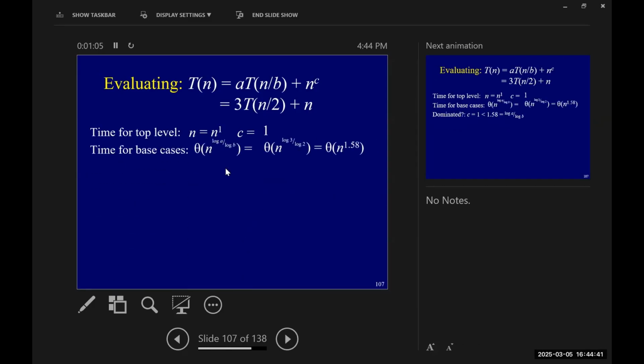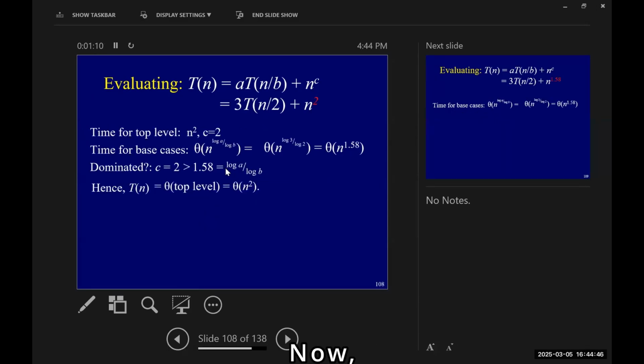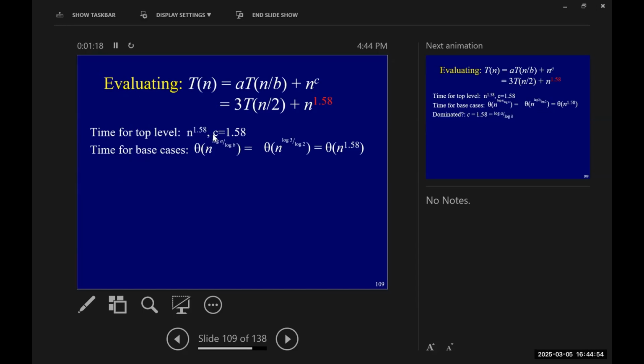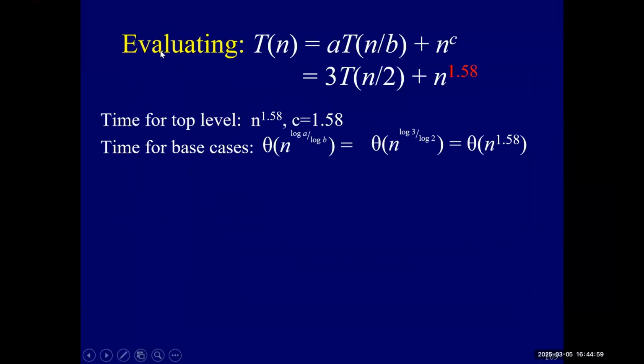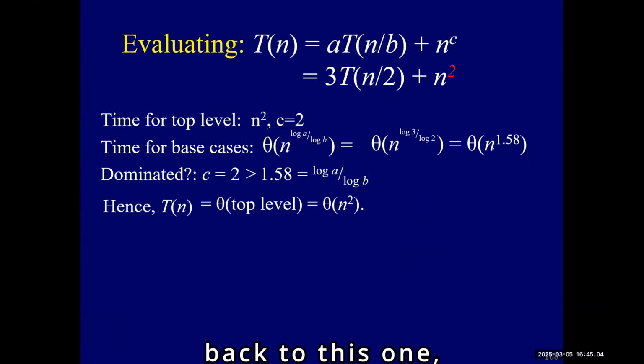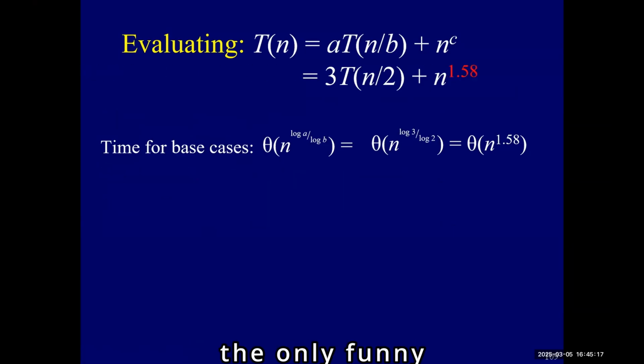Versus, now, if I'm personally doing n squared work, right? Then, oh, this goes back to this one. Right now, I'm doing n squared work, so that dominates the number of base cases, right? So the total work is the work at the top, right? And the only funny case